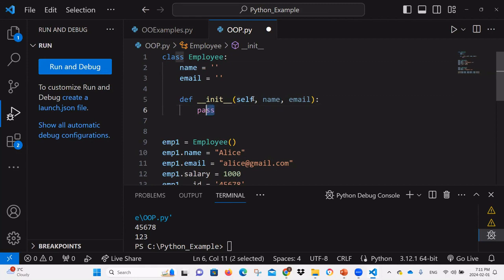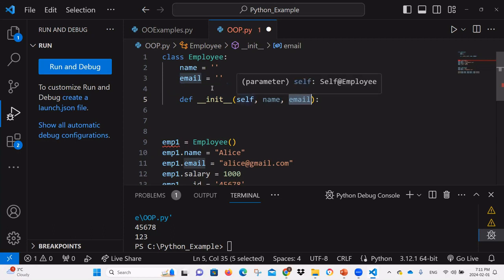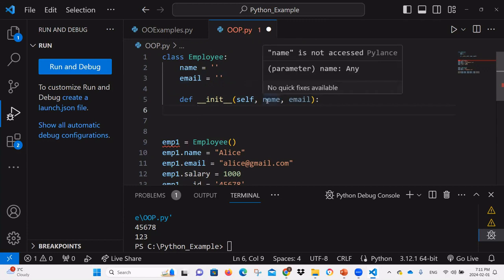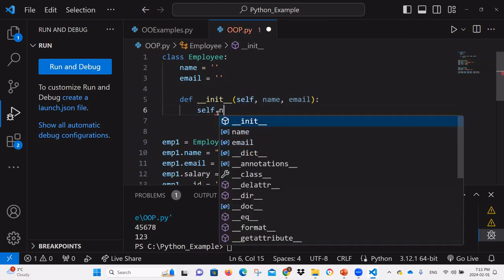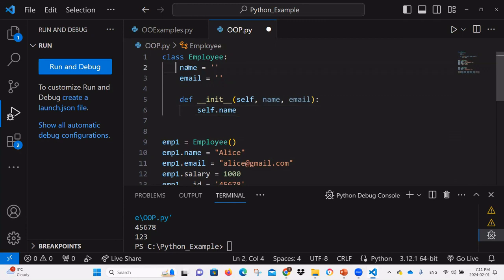Now, even though I'm using the same variable name, this name is not the same as this, right? And this email is not the same as this one, right? You're familiar with that, right? This is local to the function, and these are the class attributes. So when we receive these values, we use them for initialization. So I will use the object reference self and then name, so that I'm referring to that class attribute, and then I would initialize it with the value that's coming as a parameter to the function,